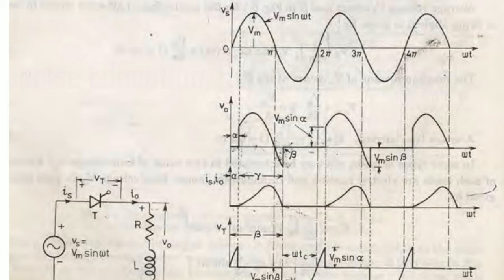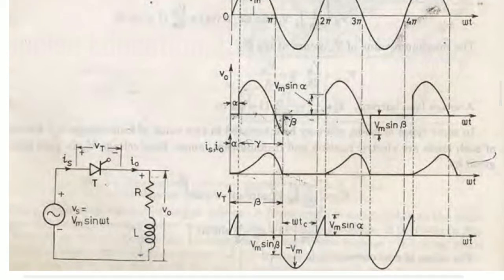And it will decay to 0 after pi angle. For that purpose your SCR does not turn off completely, and the load has a negative voltage for some time. We can see that spike at the Vo. During the negative half cycle there is a small spike-like structure, that is negative voltage. This negative voltage is because of load inductance L. There are small changes in the output current, that is Io, due to this inductance.